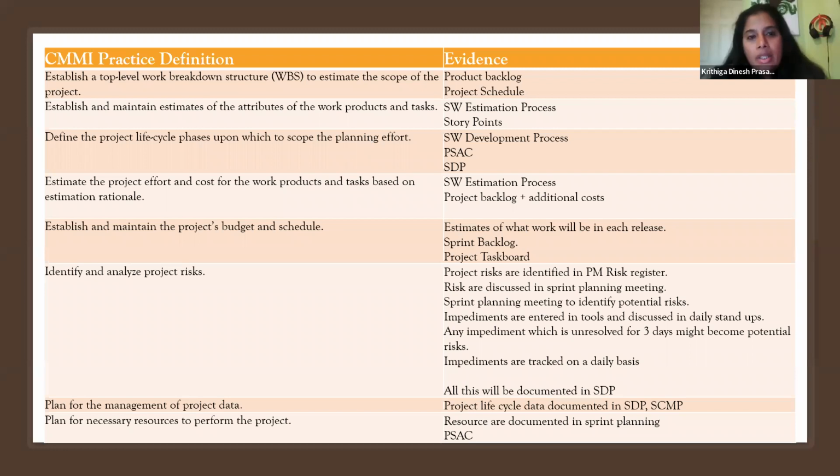What we do, we maintain a kind of sprint planning checklist where we make sure: do your user stories have acceptance criteria? Are all stakeholders present here in the meeting? And are there any risks identified at the project level or at the sprint level? And also, if there is an impediment, like non-availability of a tool, or a dependency on external stakeholders, or like the Scrum of Scrums between the system and all the other departments, if there is a dependency that's not being answered, that is raised as